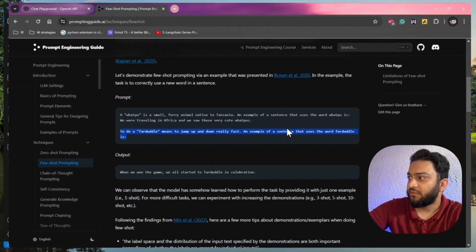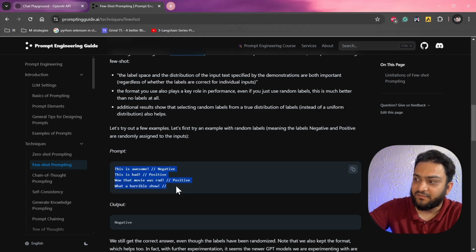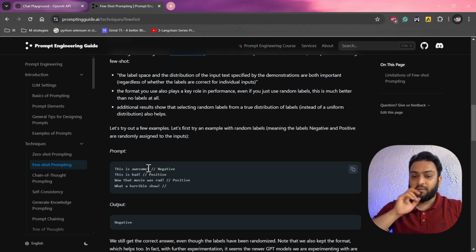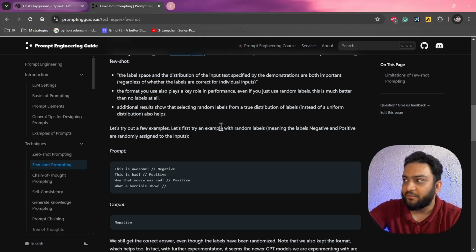Obviously, one of the limitations is what happens when you try to give examples that are completely opposite, completely against the internal knowledge of the model. For example, let's just say that we give an example in which all the negative sentences are labeled as positive, and all the positive sentences are labeled as negative. Or maybe we can also make random labels. So for example, in this case they have actually made the labels